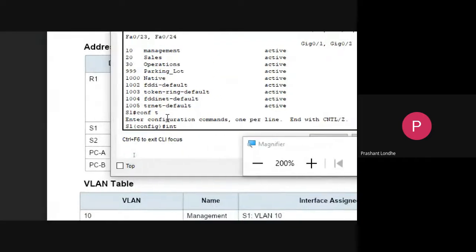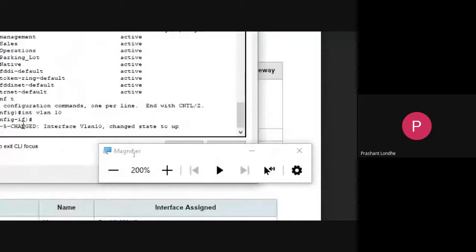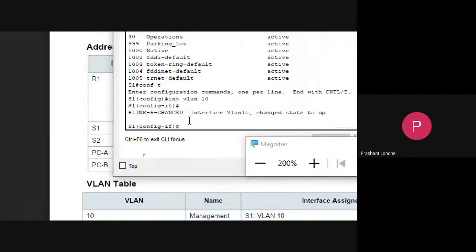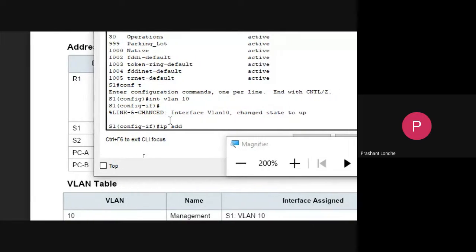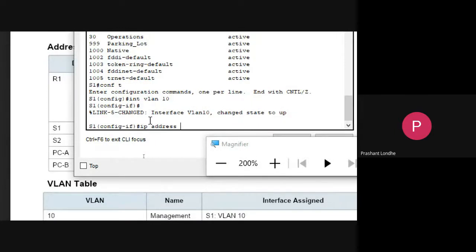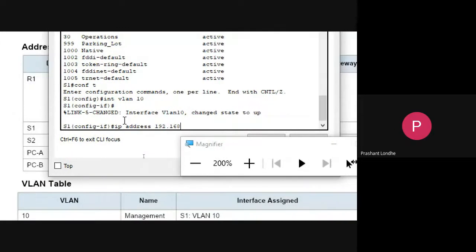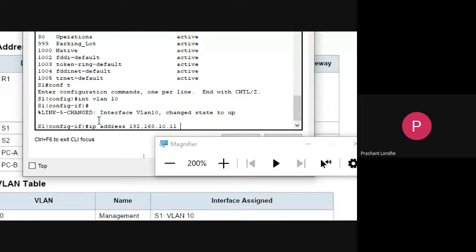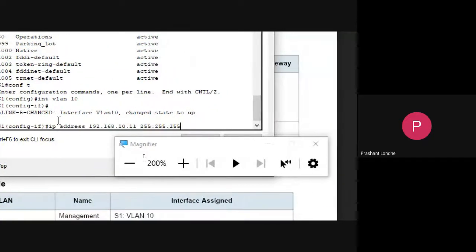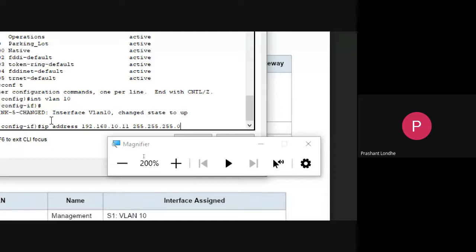So we need to set the IP address for VLAN 10. So interface VLAN 10, ip address 192.168.10.11 and the subnet mask is 255.255.255.0.